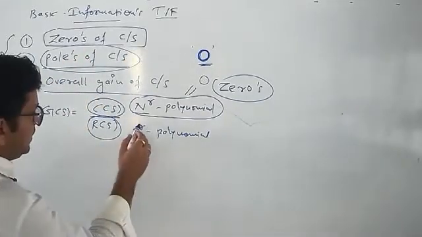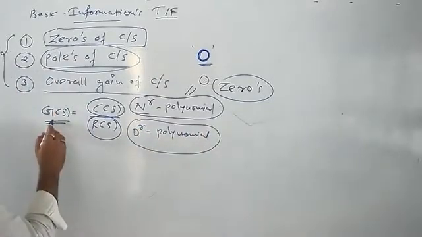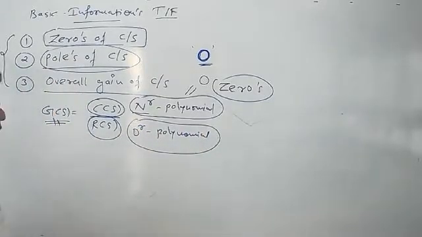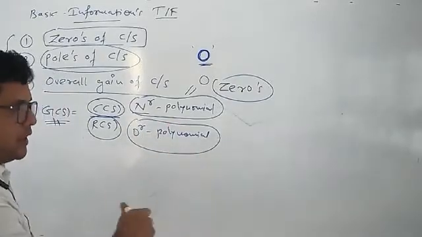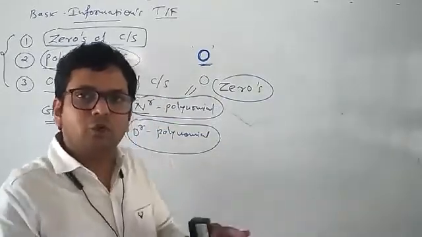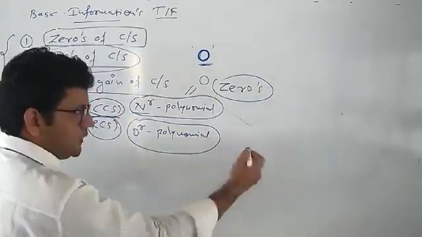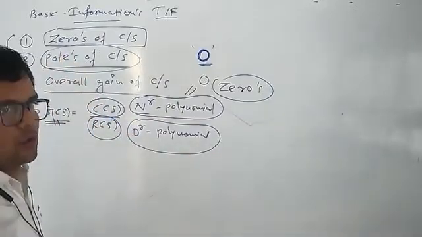So poles are nothing but the roots of denominator polynomial function of the transfer function. कहने का मतलब है कि जो भी डिनोमिनेटर में आपके पास में पॉलिनोमियल फंक्शन रहेगा which we define in terms of S, उसको अगर आप इक्वेट करोगे जीरो से और उसको अगर आप सॉल्व करोगे तो जो भी आपको फाइनल वैल्यूज मिलेंगे S के, those indicate the poles of a given control system.